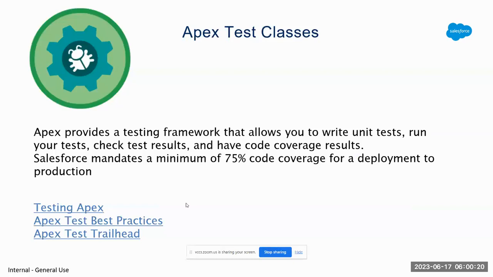And we have got multiple orgs, like a sandbox and a developer org. Before moving any code to production, Salesforce requires that code coverage to be 75%. But that's a general thing, right? Test classes are very handy because whenever you get a project, you may learn to create test classes right from all the links or anything.